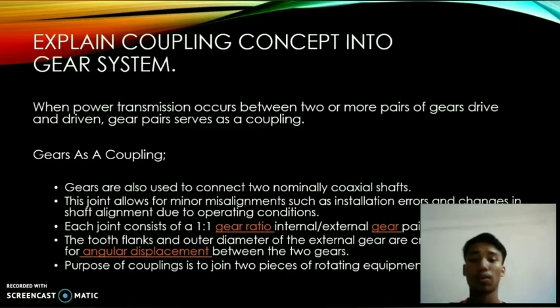Gear as a coupling: first point is gears are also used to connect two nominally coincident shafts. Second point is this joint allows minor misalignment such as installation error and change in shaft alignment due to operating conditions. Third point is